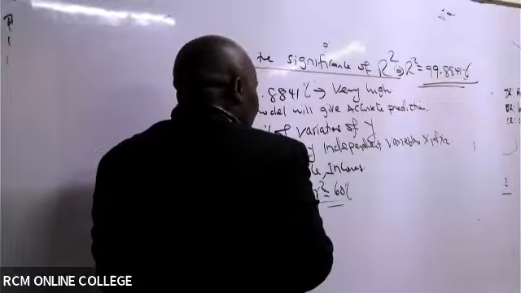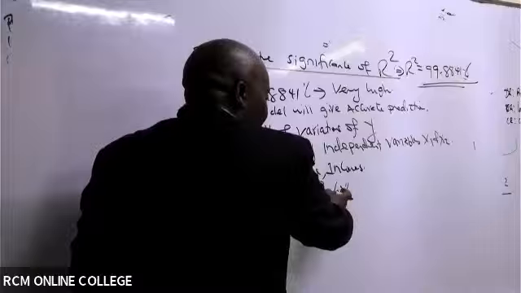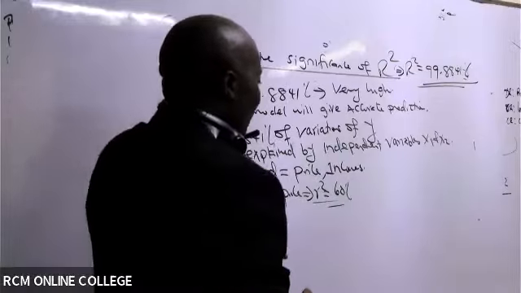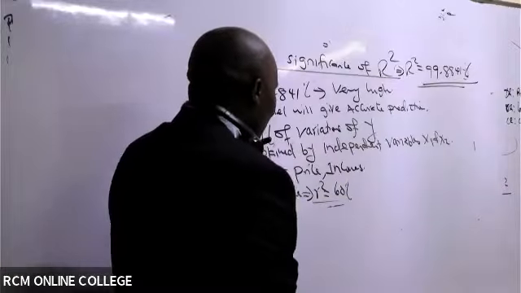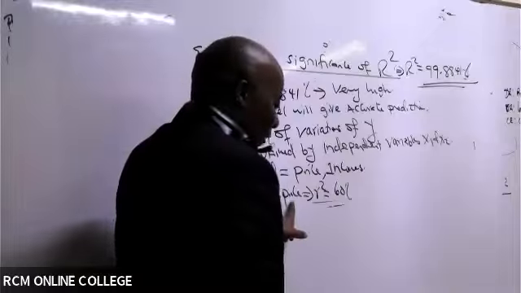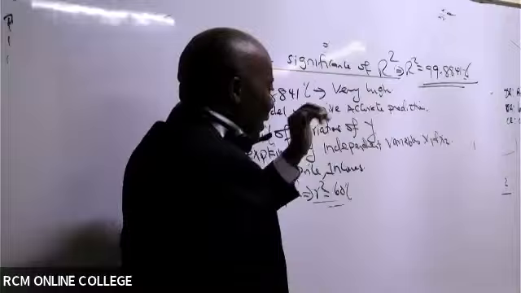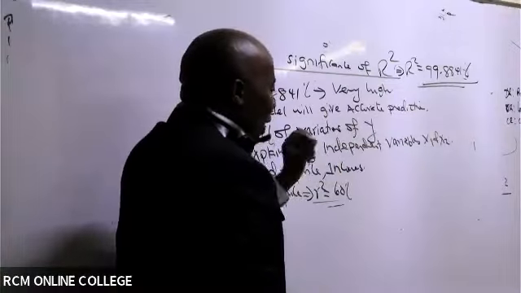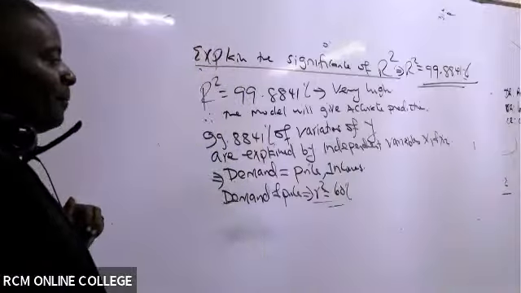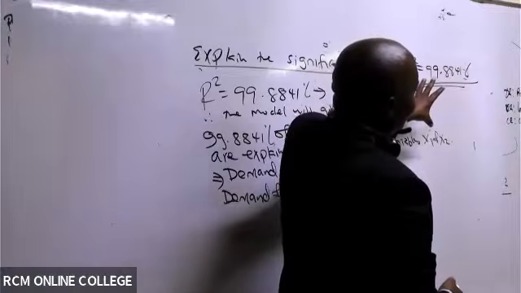and you are told to describe what this R squared means, you will simply tell us that 60% of the variations in demand are explained by price. We have other factors out there which are able to account for the other 40%. In this case, you can see we have 99 point